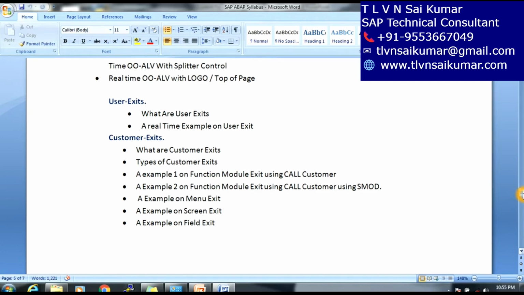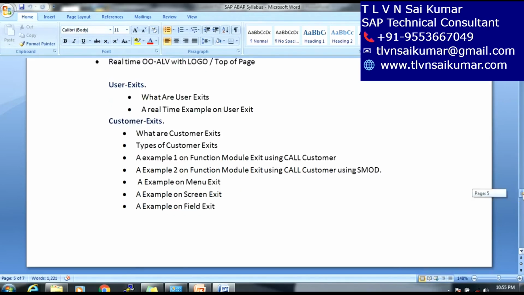What is the customer exit? There are types of customer exits, and we'll give examples. Function module exit by using call customer. Next we are going to discuss function module exit using the call customer using the SMOD. Examples on menu exits, examples on screen exits, examples on field exit will give clear-cut information at the